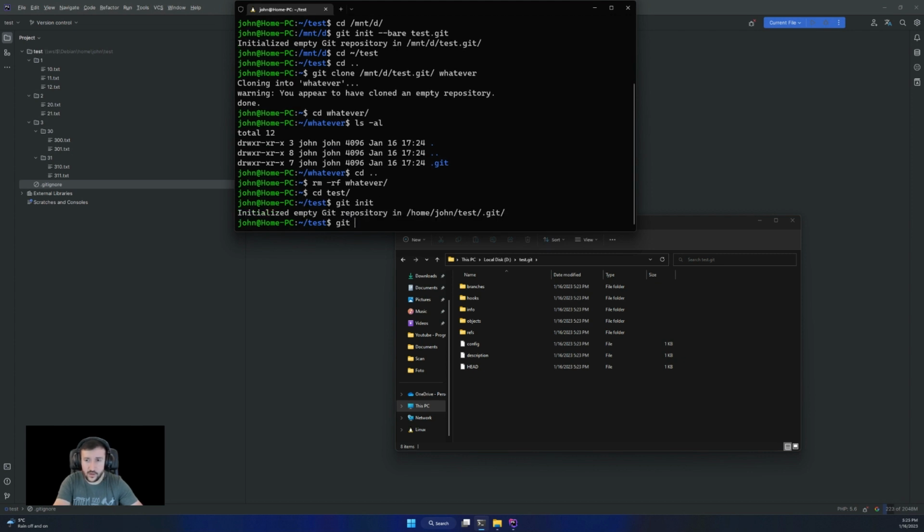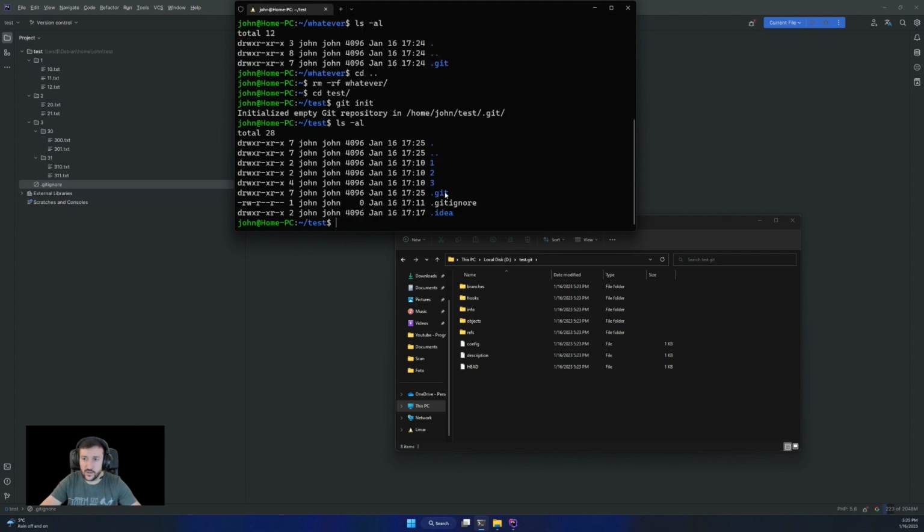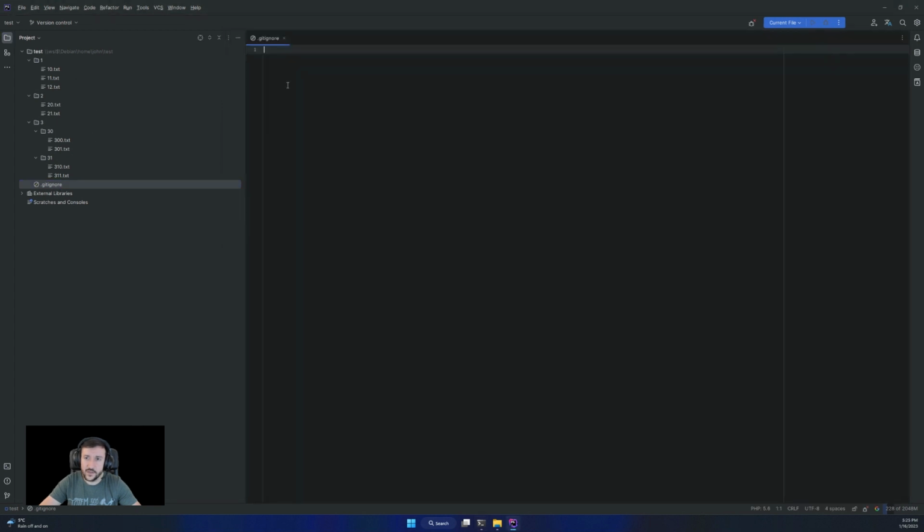This will create a git folder that has all that data in there. And if I want to add that remote, I need to have a commit. So I'm going to go, the .idea is something that PHPStorm creates, so I'm going to go in .gitignore and add that folder to the .gitignore.